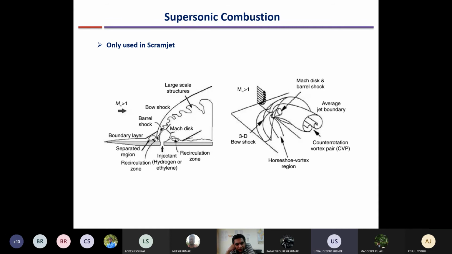One point that is good. Yes, too much diffusion is required. What is the consequence of too much diffusion? One is larger pressure loss. It's a good point. Second is a very large rise in temperature after the diffusion.